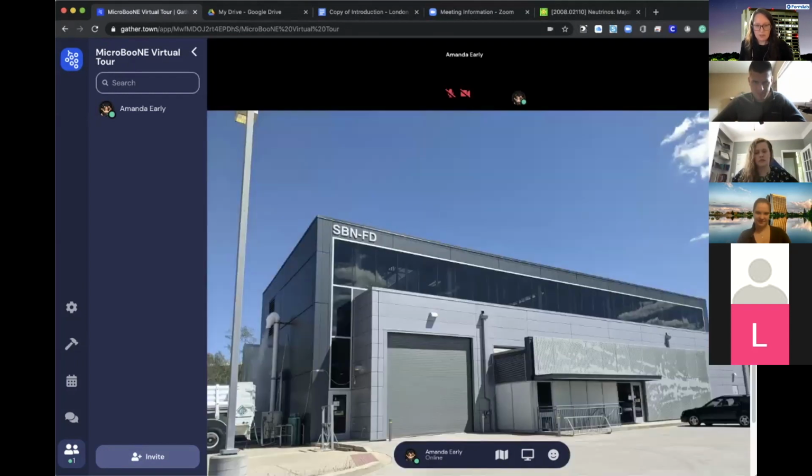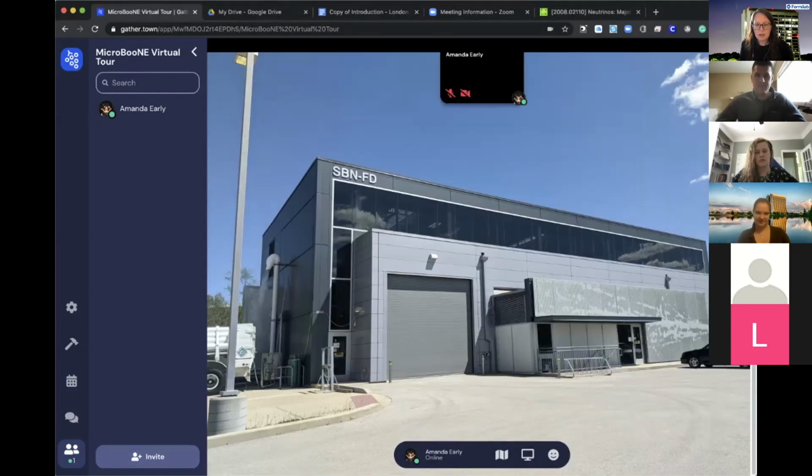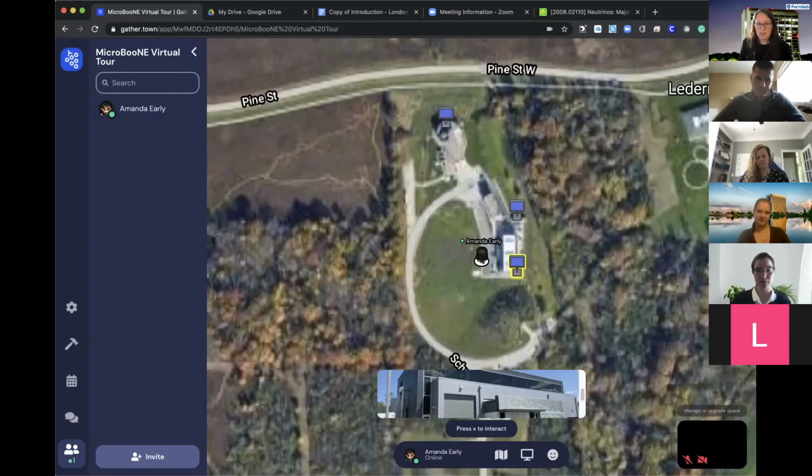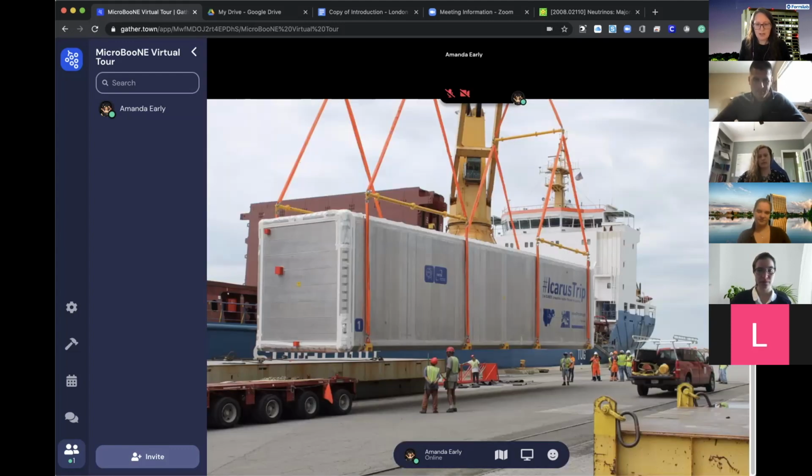And that building looks very similar to the near detector building. This is where the Icarus detector is housed. Icarus came from Italy. It was refurbished over at CERN. And this then was put on a ship and sent to us. So all the way from Italy. And I think if you still look up the hashtag Icarus trip, you can kind of relive